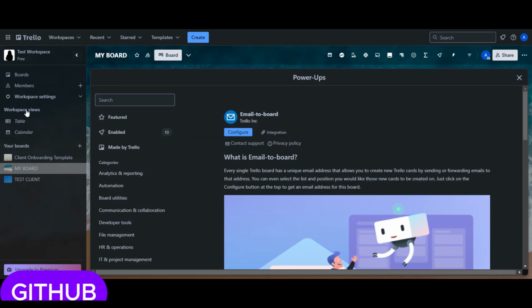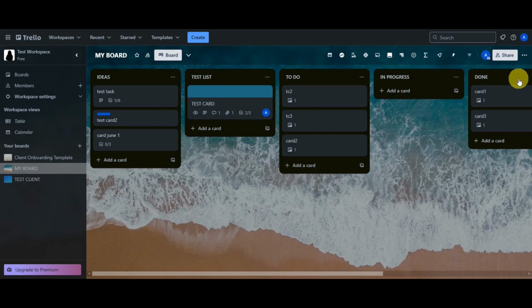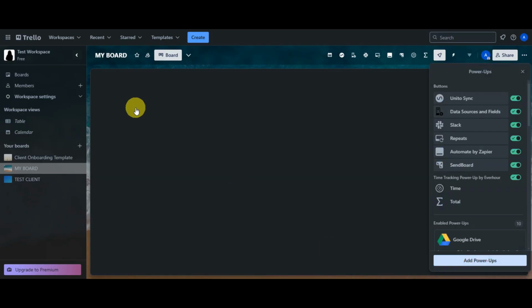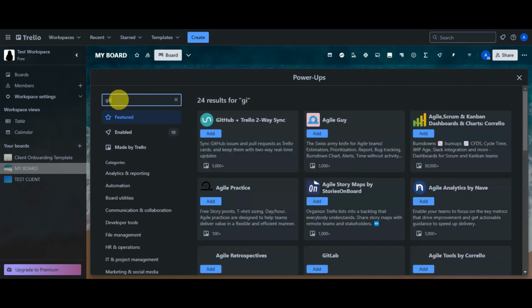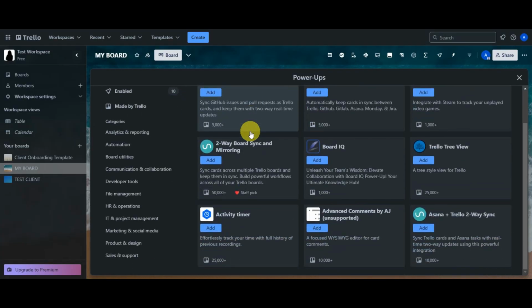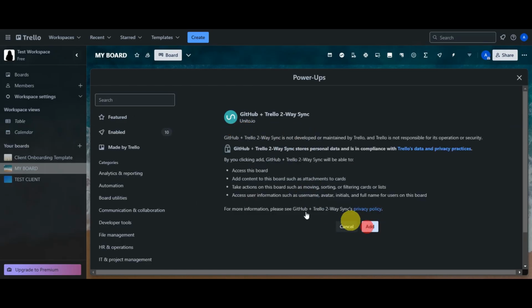Lastly, we have GitHub power up. So from the name itself, it is GitHub. So you'll just have to connect GitHub onto your Trello so that you could connect easily the issues and pull requests to Trello cards. So to add that, simply go to this power up icon in here, click on add power up, and search for GitHub. So we have this one in here, the GitHub,